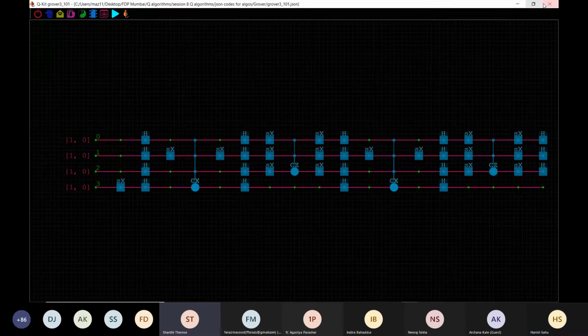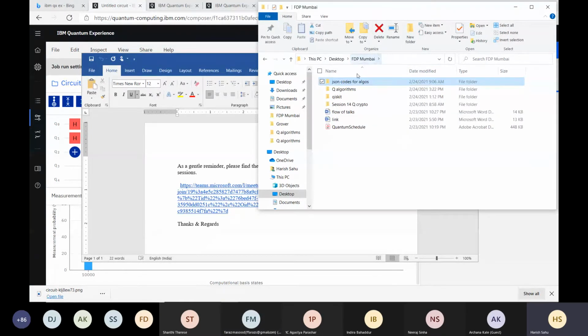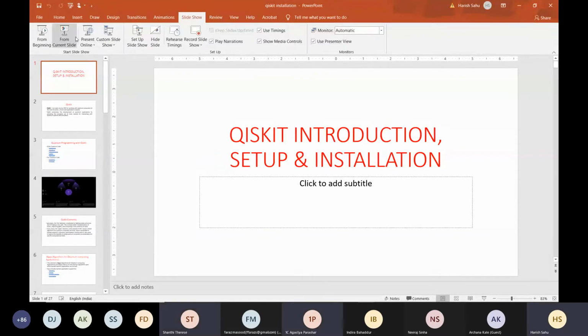So, okay. Till now, what we have learned is quantum gates, a few important quantum algorithms such as Deutsch-Jozsa and Grover's and their applications. And then IBM Composer, how to use it, how to program it. Then the other tool, this QKit. Now we will move to the other tool that is called Qiskit. So the screen is visible to everyone? Yes, sir.